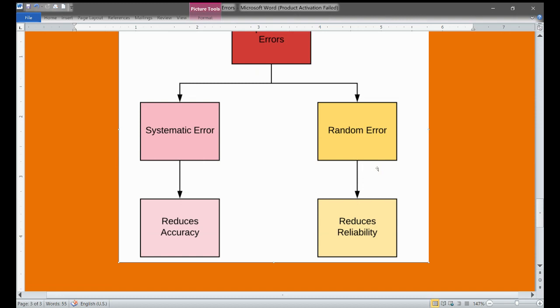Now systematic error is going to reduce accuracy, random error is going to reduce reliability. So these are very important to keep in mind. Systematic error reduces accuracy and random error reduces reliability. In the next video, students, I will give you certain scenarios and you will identify which scenario is having which type of error, either